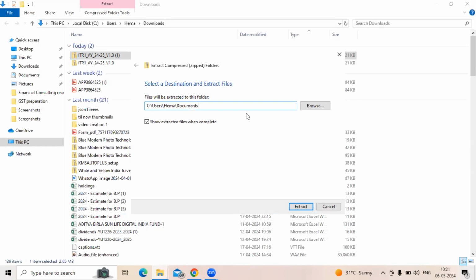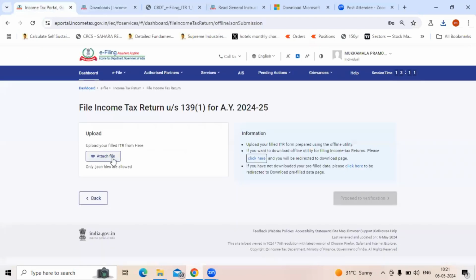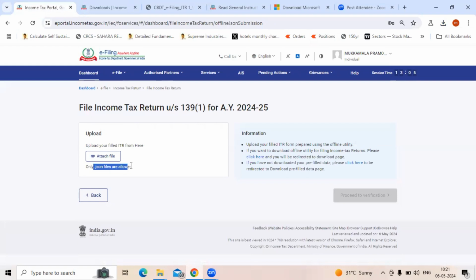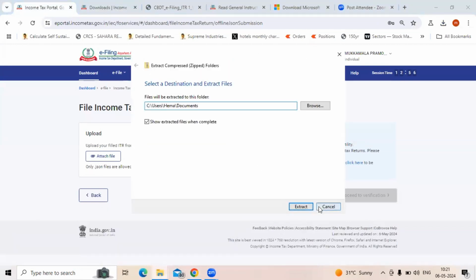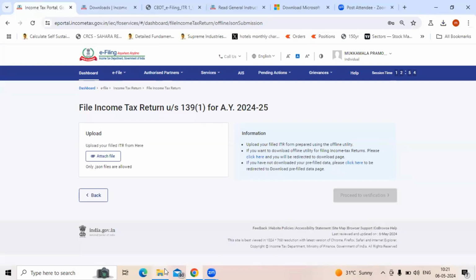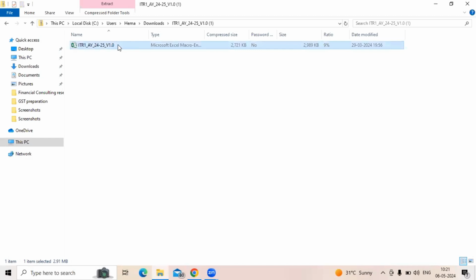And once you fill that Excel utility, you have to come back to the same location, which I was mentioning here, and you can attach this file. Before finally uploading the Excel utility, you have to convert it to a JSON file. This option is available in the Excel utility itself. Let me quickly show you that as well. So let me avoid the extraction for now and quickly show you from the zip file itself. So if you go to the zip file,